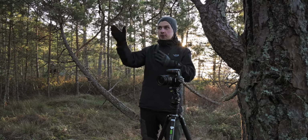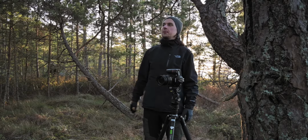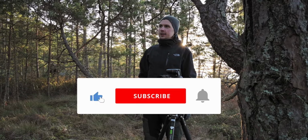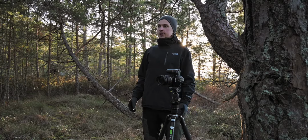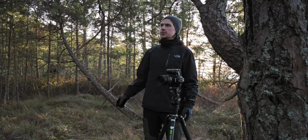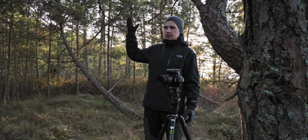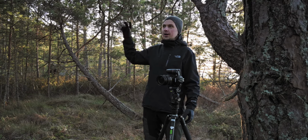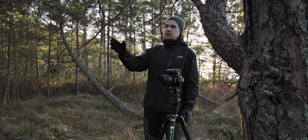Finally found a composition, but just as I had set everything up, the light just slipped away. So now I'm waiting and hoping that the light is going to materialize again, but I'm not sure if it's gonna. It should, I think, as the sun is moving, the trees that the sun's filtering through should line up again and hit the tree, but I'm not sure if it's gonna be as good as it was,